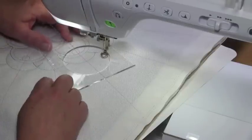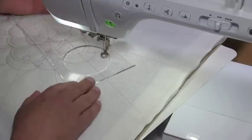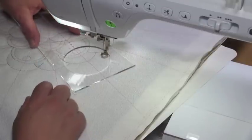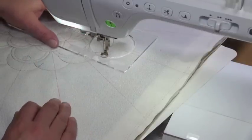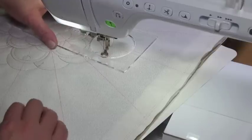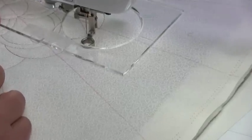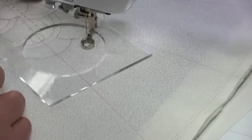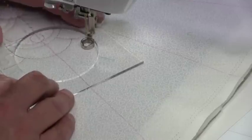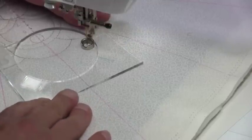So to do that, line up the template in the correct position. I've moved this one out to 13.5. I'm now going to turn the template back the other way and see where it hits the foot. So I know that my foot is inside that position, and that's just going to give me a couple of stitches so that I can bring those stitches back and have it come into the right place. So I'm going to sew from here,